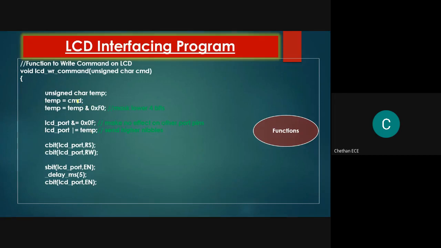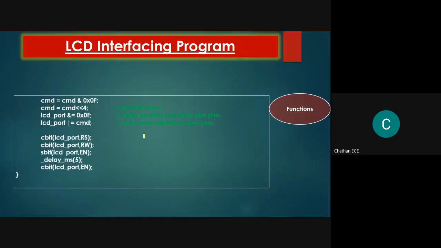And I'm sending the upper nibble by performing a logical OR operation. Means here I'm sending the higher nibble. But to latch this higher nibble, we have to make RS 0, RW 0, and enable a high to low pulse, then only your 28H upper nibble will be present in the data pins.